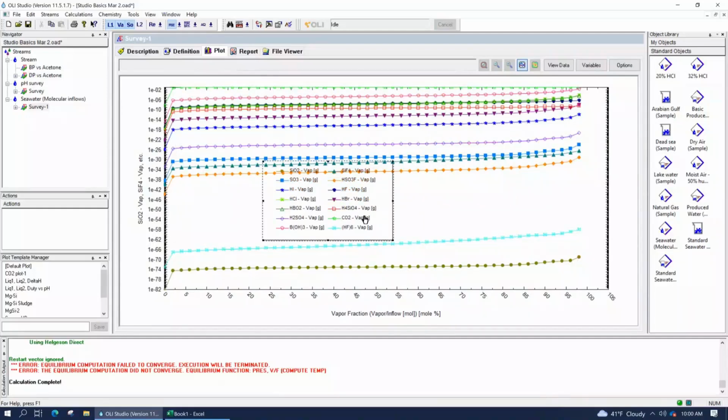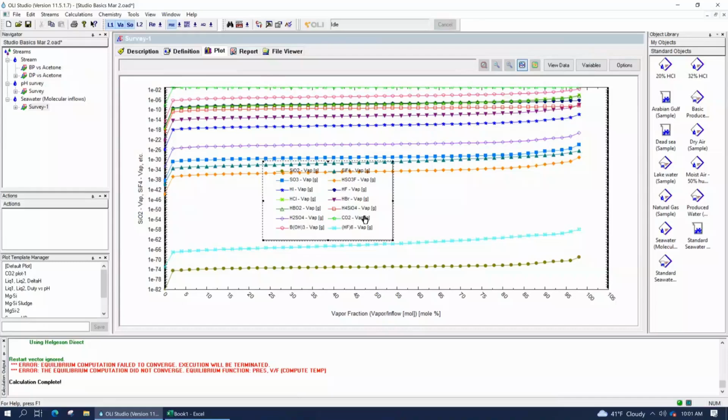We're not going to go any further than this, other than to say that it's actually plausible for materials that you think have no business in the vapor phase to exist in the vapor phase. That's simply because they will exert a vapor pressure. Whether it's low or high, it's still a vapor pressure, which means that it could potentially be a molecule in the vapor phase. And the software has to at least capture that.